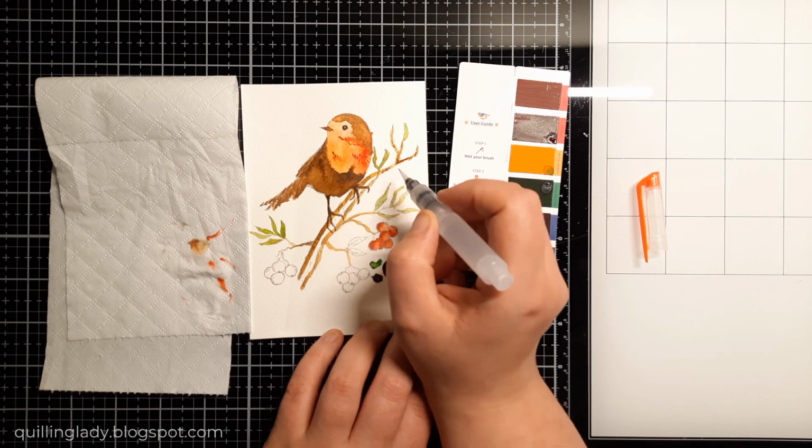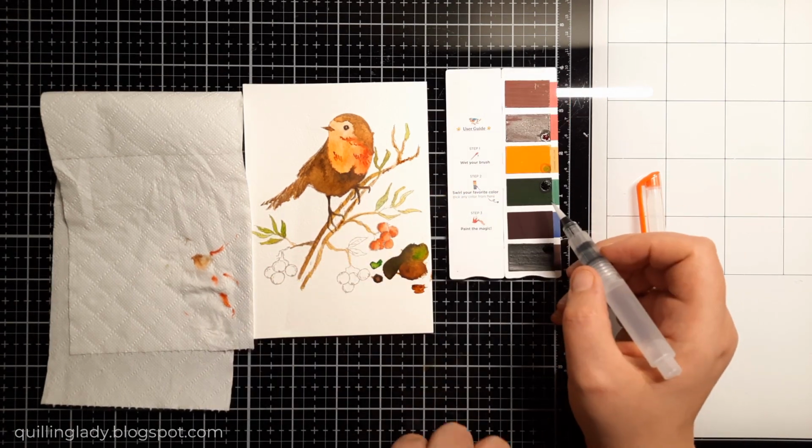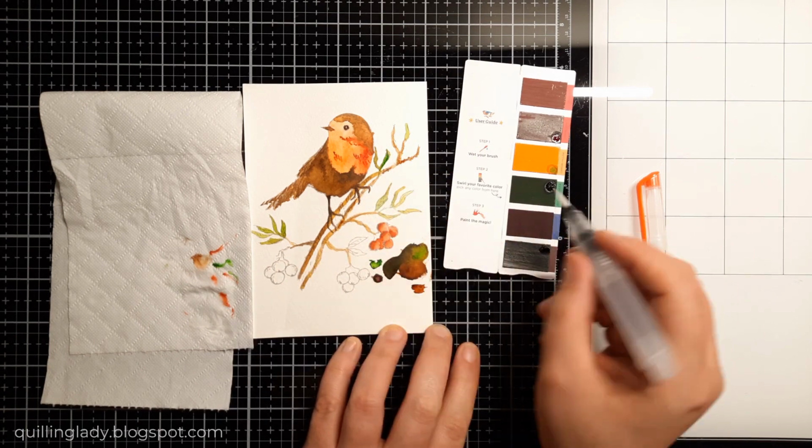So yes, you can use that card as a palette as well. So far, I like the image. Do you like it too? If you do, let me know. And this is so